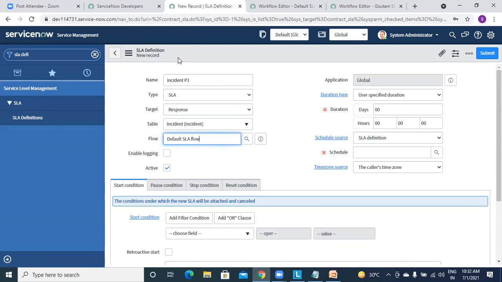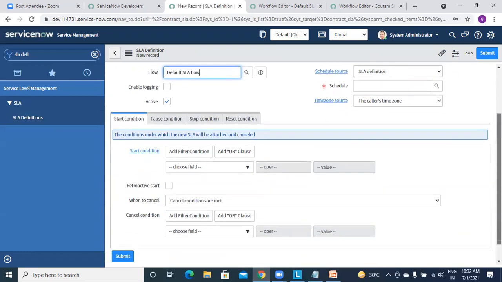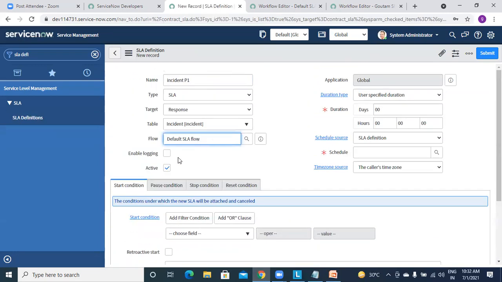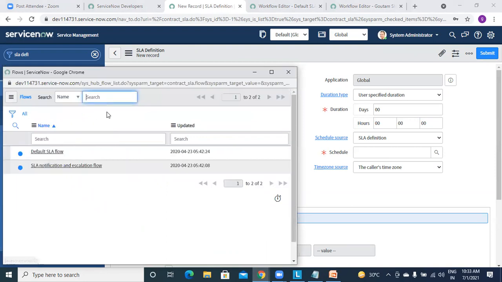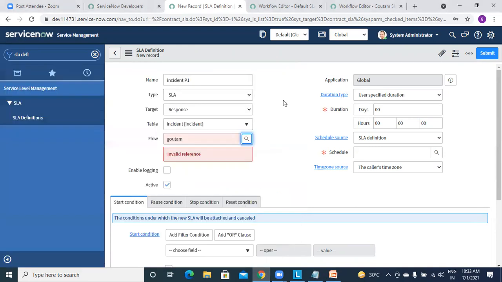Why is this not showing workflow? It is showing only these two.